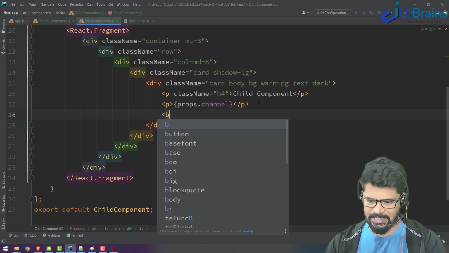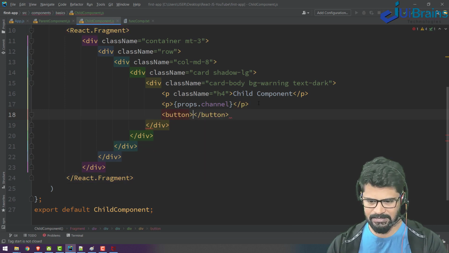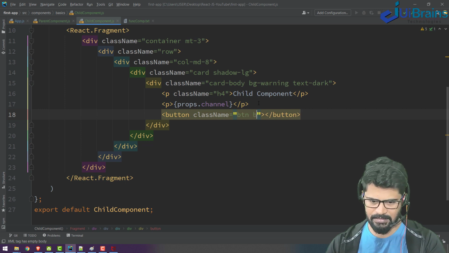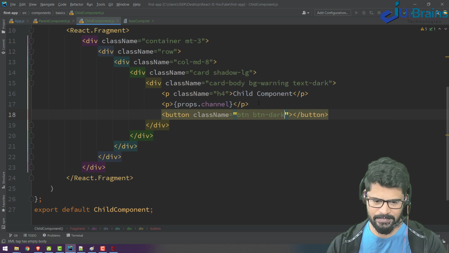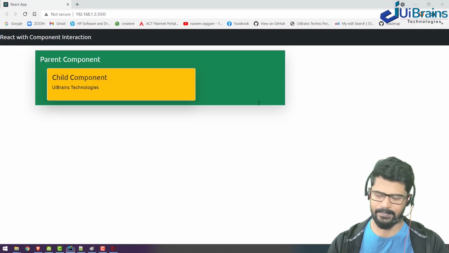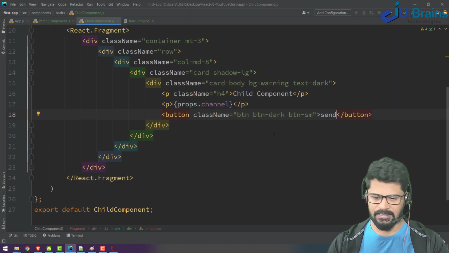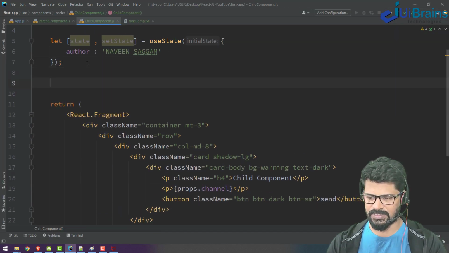So what I'll do is, I'll just take a simple button with the class name btn btn-dark, with the text send. Okay, one button. So for this, I create a function.